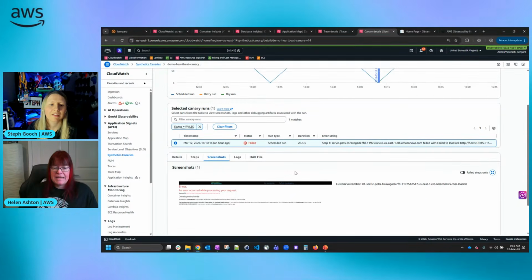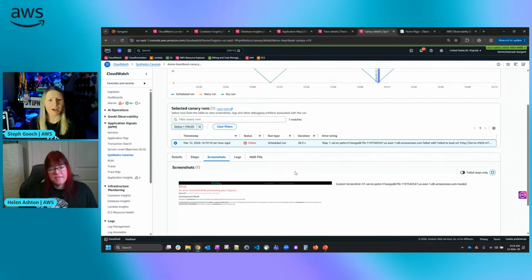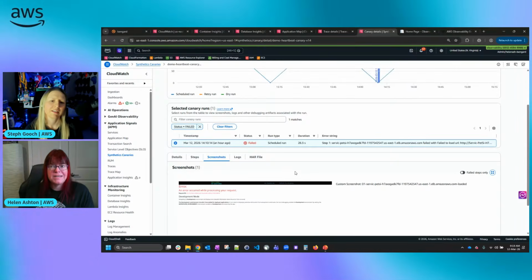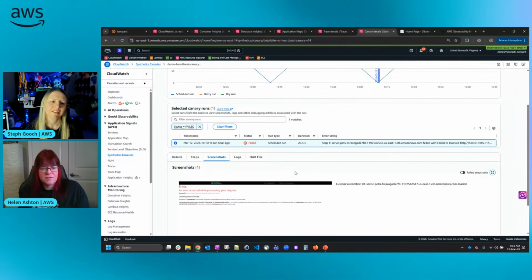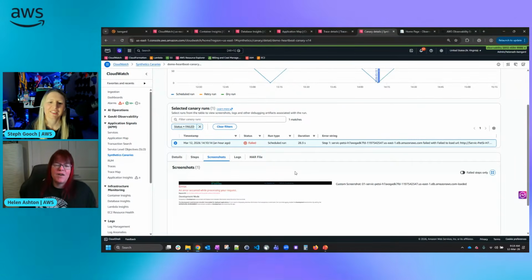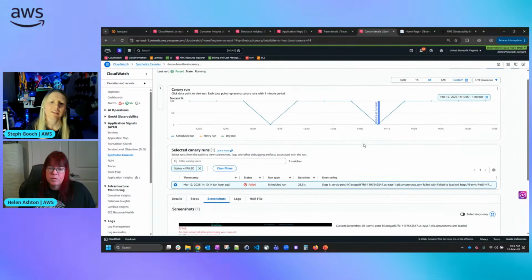There's a blueprint essentially when I go and set this up, a couple of clicks, and the only thing I need is the website URL. And I can set this to check on a frequency. Please don't set it too low because then you will bombard the website. Let's not do a denial of service attack with our synthetics. But let's say I check this once every 5 or 10 minutes. I'm going to get a baseline of data to know it works.